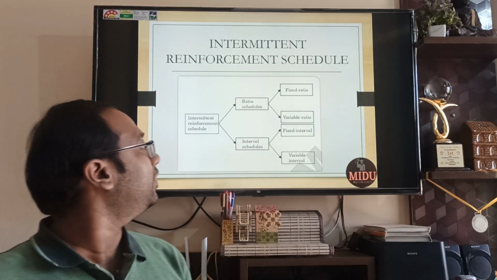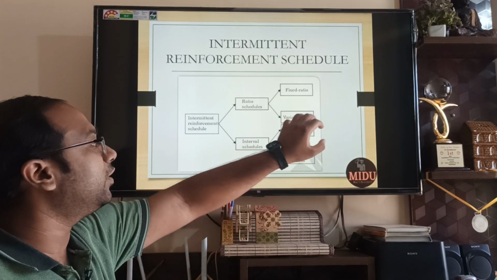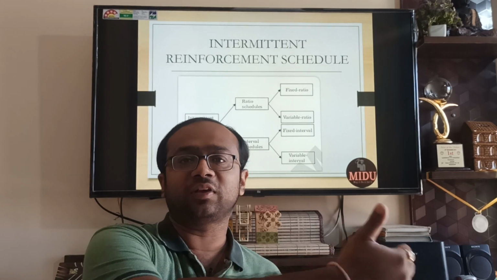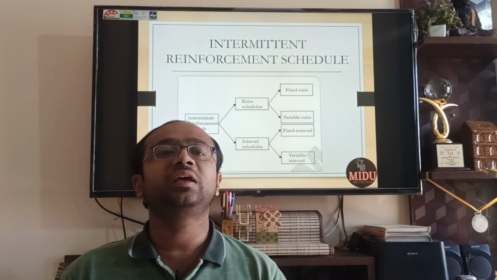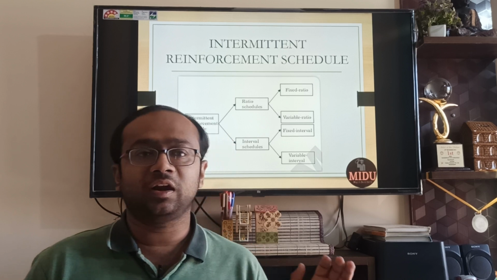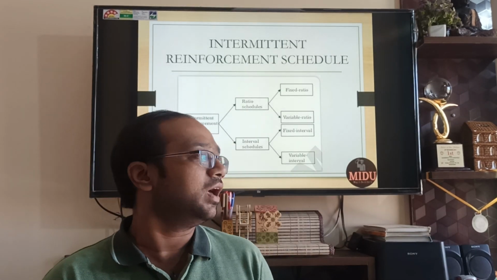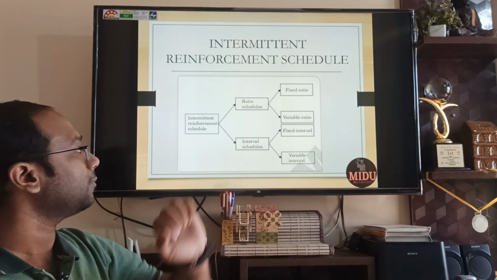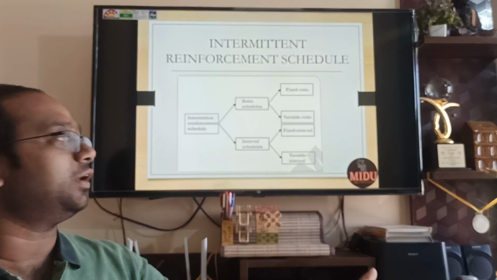Again, in interval we have two types: fixed interval and variable interval. When we come to fixed interval, that is after some fixed time period. For example, in sales many companies have your monthly incentive, quarterly incentive. So after every that fixed time, after that month, after that 3 months, that incentive will be given. That is known as fixed interval schedule, happening after some fixed period of time.